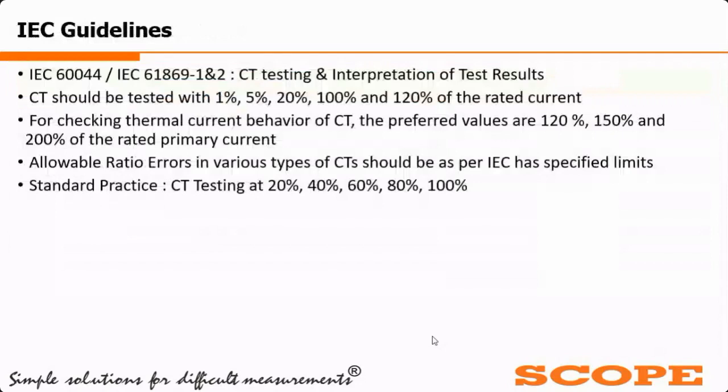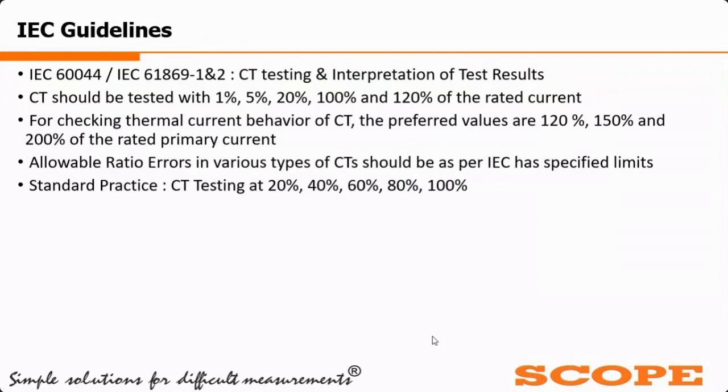Here are some guidelines given by IEC. Previously we were using IEC 60044, and recently, 2 to 3 years back, IEC revised it for CT testing, that is IEC 61869-1 and 2. For CT manufacturing, CT testing, CT design, and interpretation of test results, we have to follow IEC 61869-1 and 2. So as per IEC recommendation, a CT should be tested in the range 1% to 120% of rated